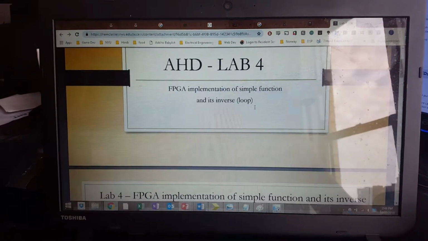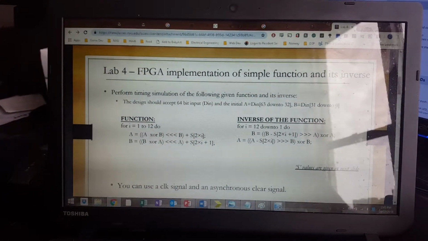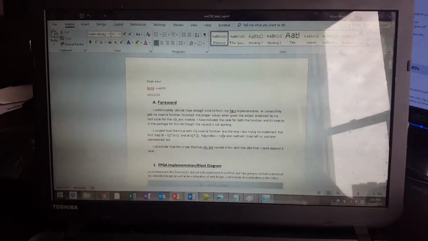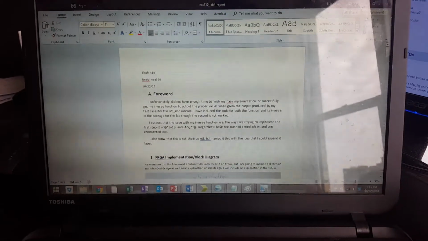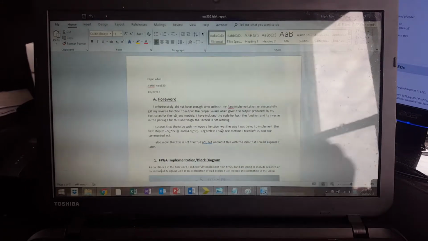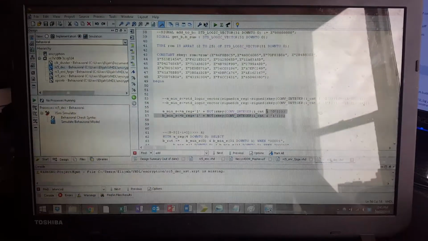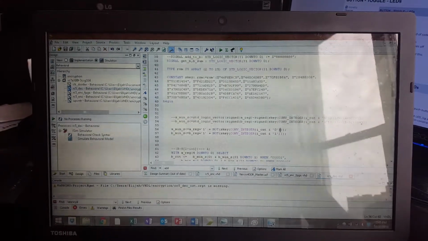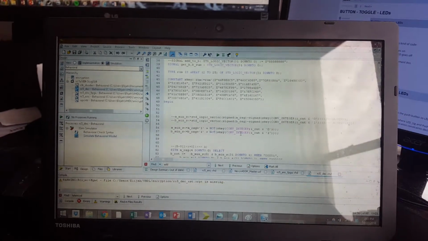Okay, so the purpose of Lab 4 was to implement the simple function and its inverse. As I will explain in my lab report, I didn't actually have enough time to completely implement either the FPGA board or successfully debug the inverse. I have code for the inverse, but something's not working, and I suspect that the issue is in the initial step here where I'm trying to subtract the S key value from A or B, whichever one. I just think there's an issue there, but I'll include the code,